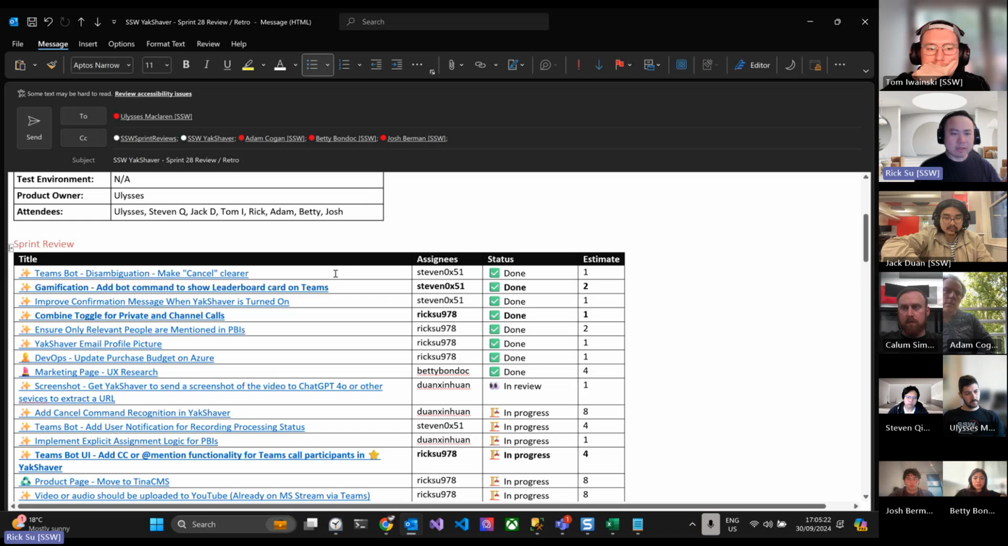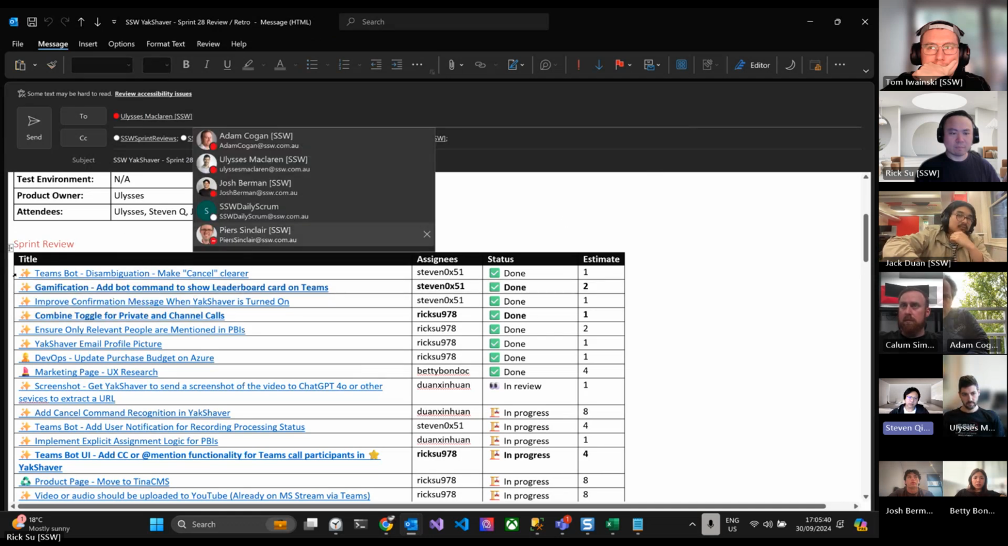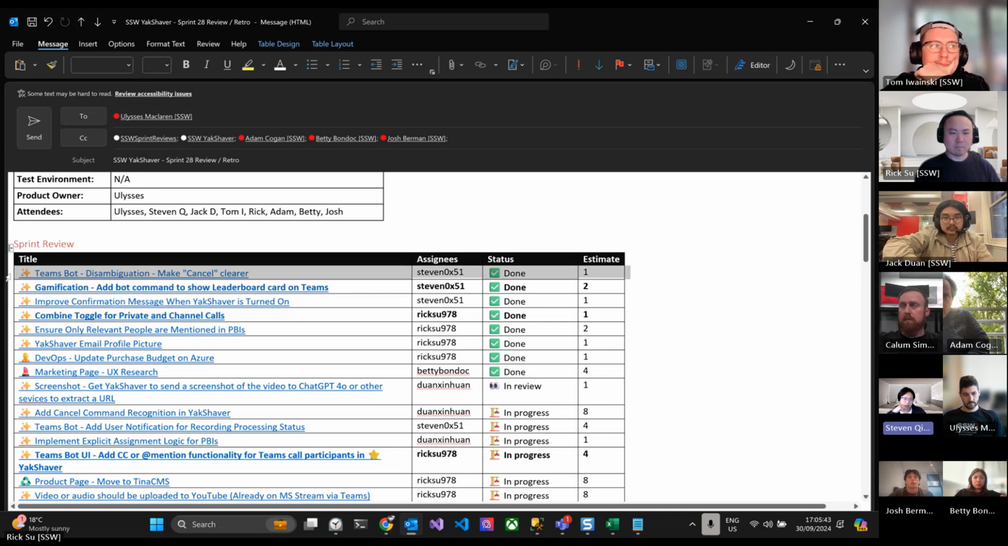So Stephen has done some UI enhancement to the dashboard. Stephen, can you give some updates on what you did last week? Sure. The first one was adding a clearer message to the user when the user cancels a task. Do you want me to share screen or we can just talk like this? Just briefly, that's okay. So, the second one is we have finally got the leaderboard working. When the user types leaderboard, Teams brings up a card that shows the user activities by the time they use YakShaver. And the third one is